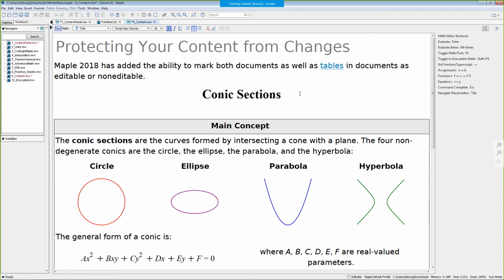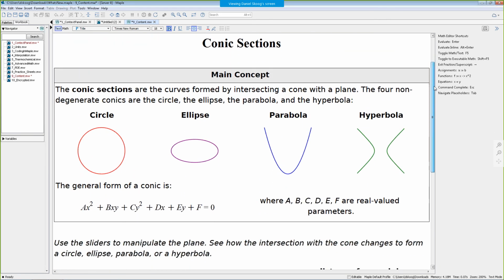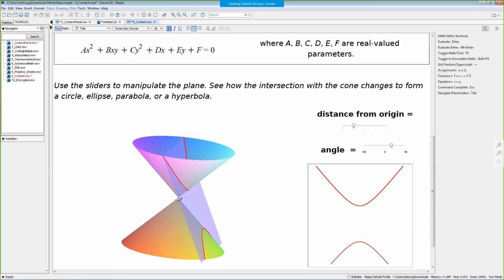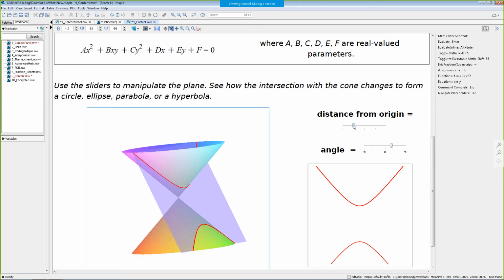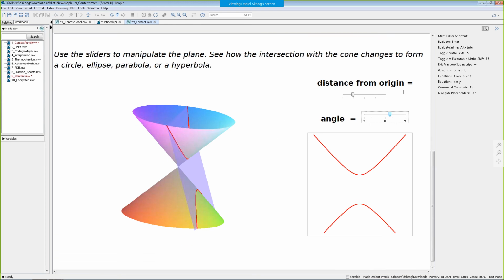Okay, so speaking of sharing content or having other people use the content you've made inside of Maple, one of these things we've had asked for a number of years is the ability to lock down content. The reason is, say you've generated a math app, and you spent a lot of time making sure that this math app is working just the way you expect it to. Now, say you give this away to somebody else, and say that person